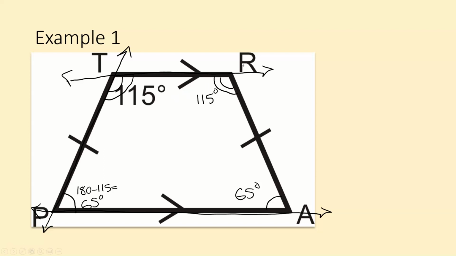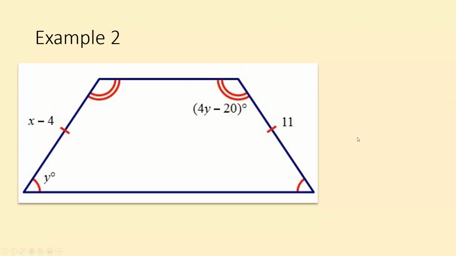That's another way you could find missing angle measures for these trapezoids. Example 2, we have some algebra mixed in here, some unknown algebraic expressions. So here we have an isosceles trapezoid. We already have the legs marked congruent and the base angles marked congruent. So we can find x, since these two sides are congruent. That means we can set them equal to each other. So we'll say 11